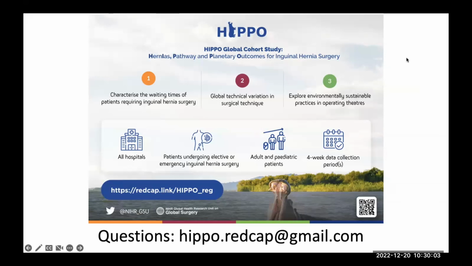Mohanad? Hello, Dr. Maria. Is there any difference between local lead and data collector in authorship, or will all be just collaborators? We will recognize the local leads as local leads and the data collectors as collaborators, because the roles are a bit different in terms of the responsibility and the involvement and commitment to the study. So in the authorship, we usually separate those two groups. Yes, thank you.